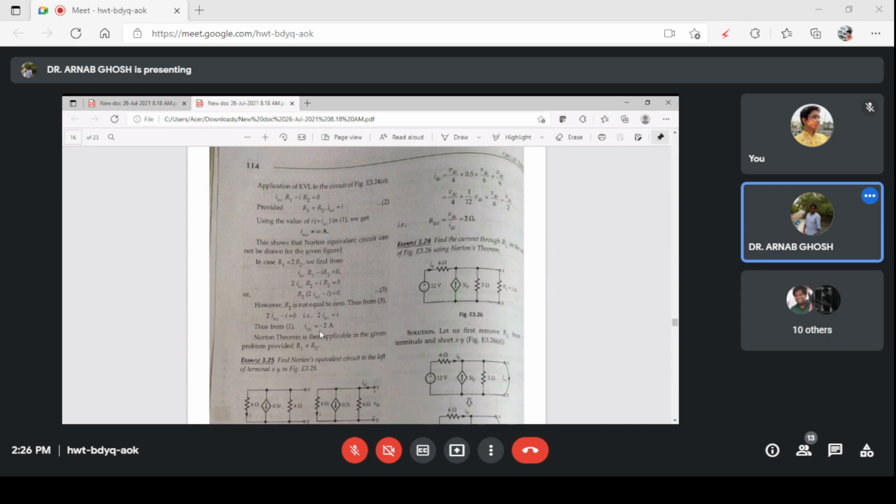Is this okay? Calculate any question by this short circuit current, that is Norton's equivalent circuit. When you have a resistance of 4 ohm and this resistance are equal, and only current sources and current dependent sources, select that particular node, apply node analysis here, and try to find out this ISC. Okay, so is this clear to you?